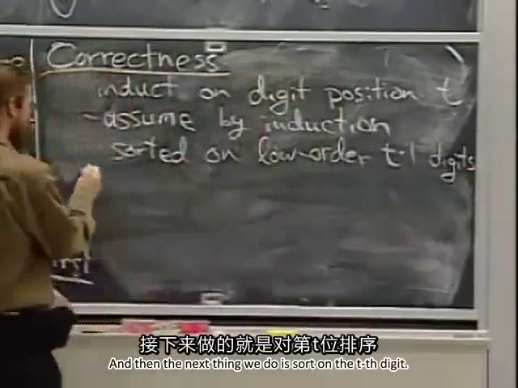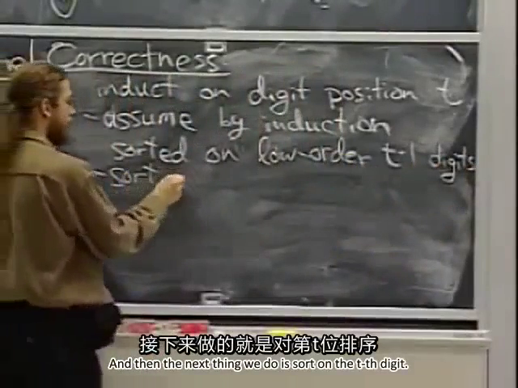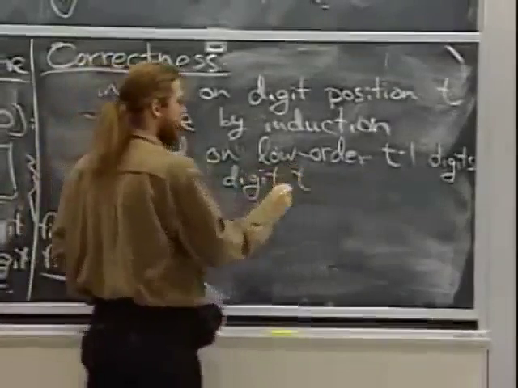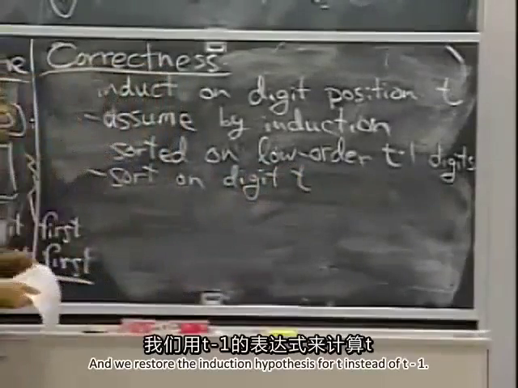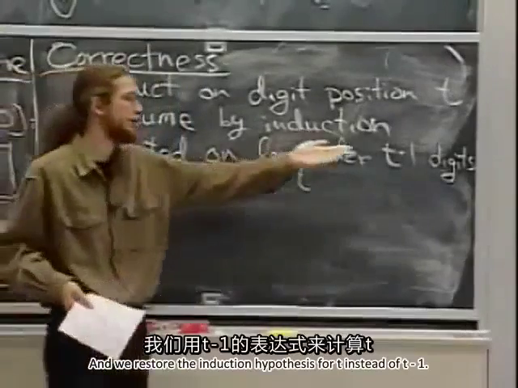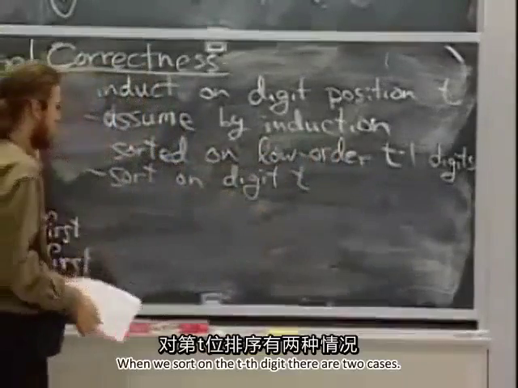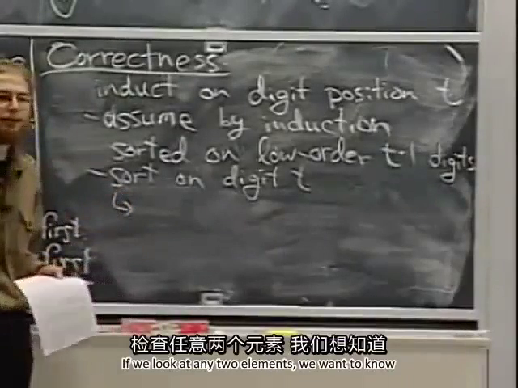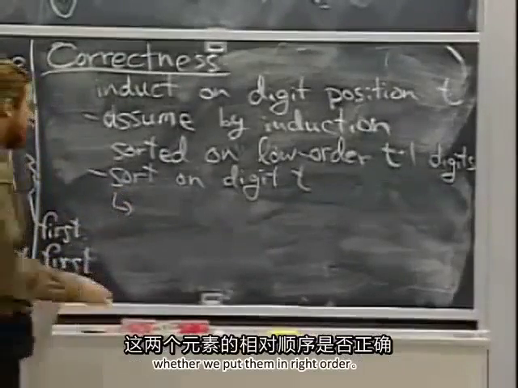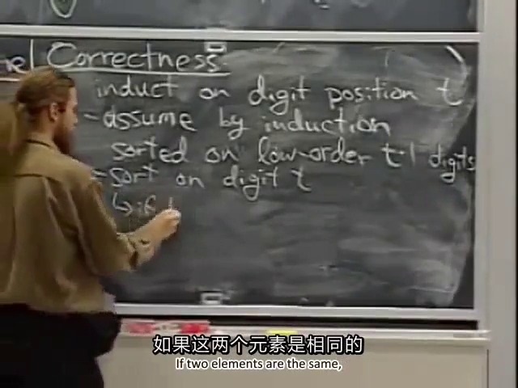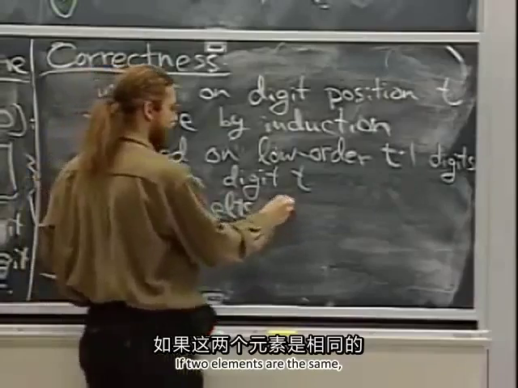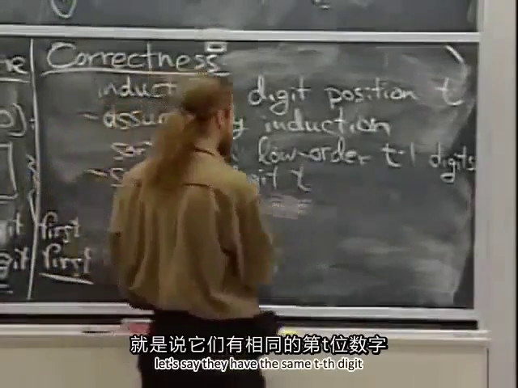And then the next thing we do is sort on the tth digit. Okay, we just need to check that things work, and we restore the induction hypothesis for t instead of t minus 1. So when we sort on the tth digit, there's two cases. If we look at any two elements, we want to know whether they're put in the right order. So if two elements are the same, let's say they have the same tth digit,